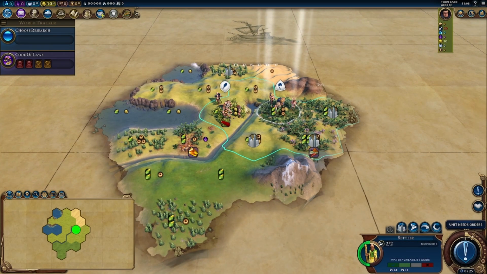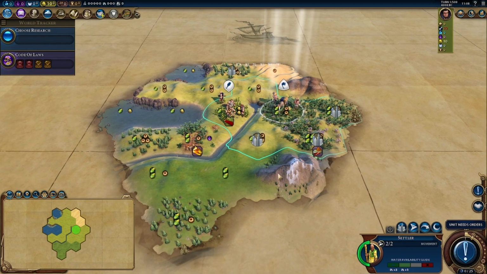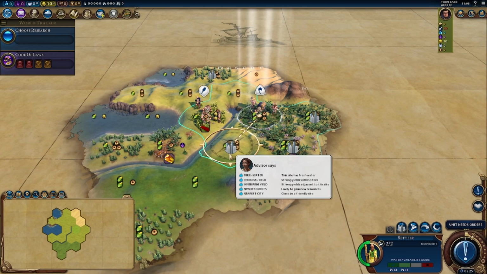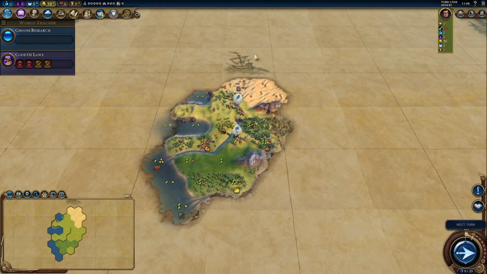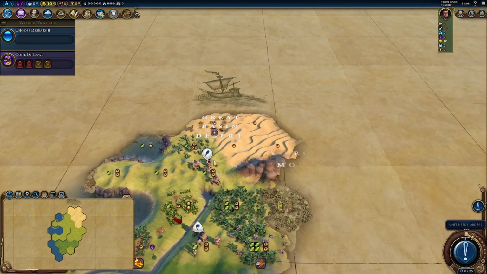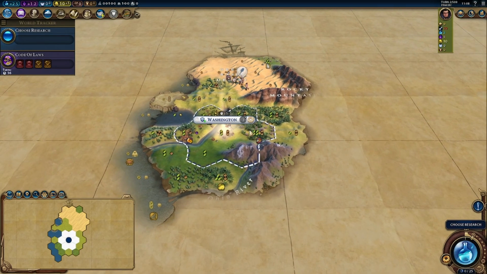I do think I want to settle on these Plains Hill, just so I start with another 2-2 tile and can grow into a couple. Yeah, I think that's a good move over here. And let's find out what's in this desert, because this might be a Jebel play. Not sure. We will find out as we go. But we settle here with Washington